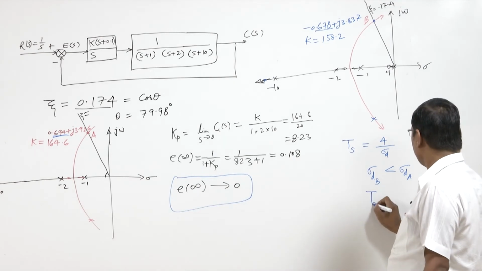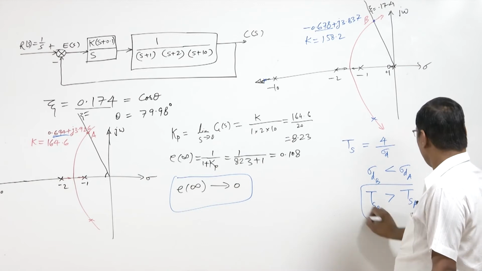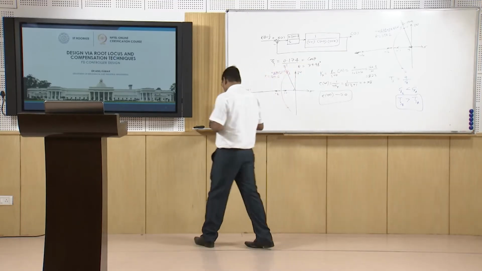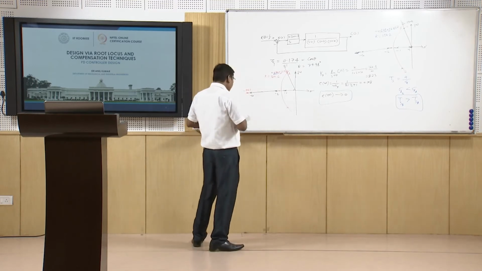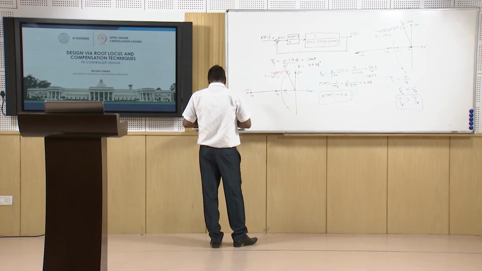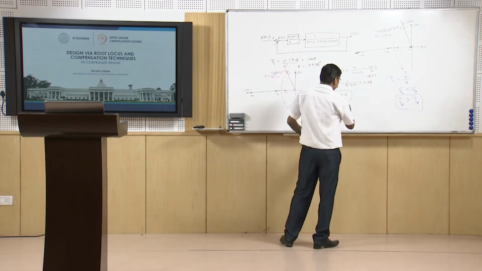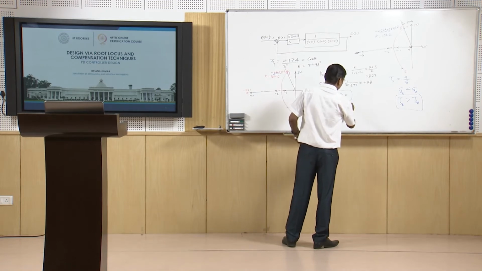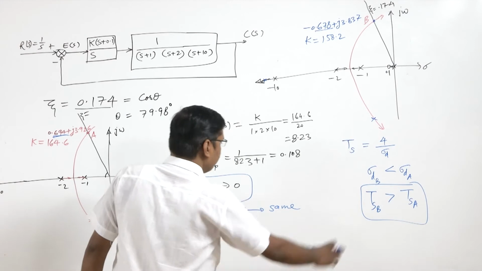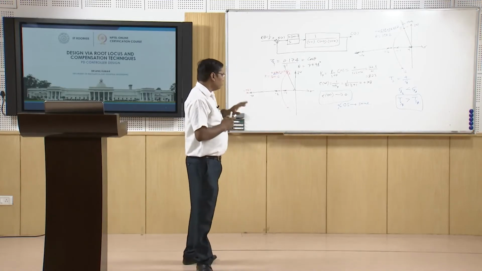So Ts at B is greater than Ts at A. So settling time is increased with the same percentage overshoot. So here percentage overshoot is the same, but settling time is increased, and there is a minor